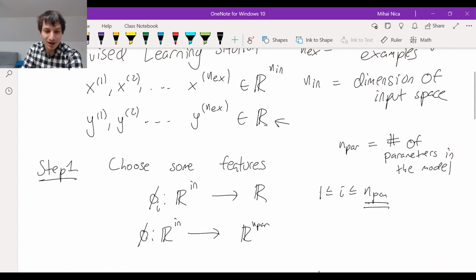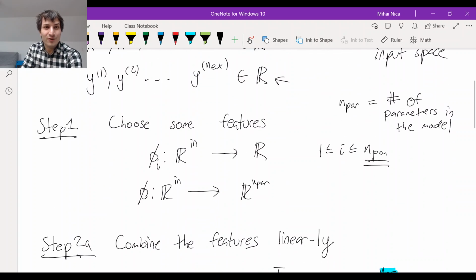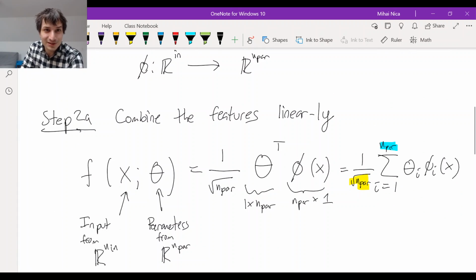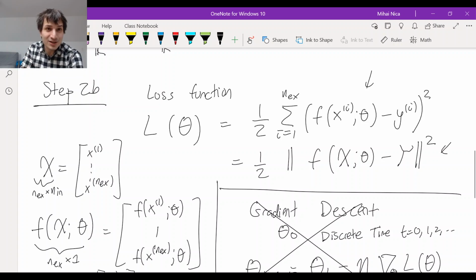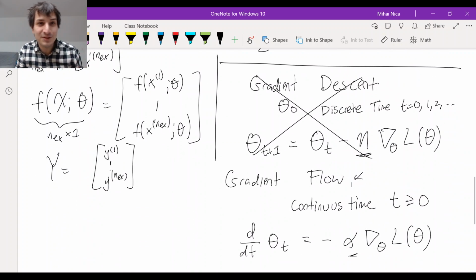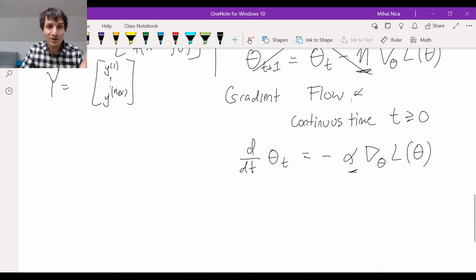We have our training examples. We have our feature maps. We have our model, which is the linear combination of the feature maps. We have our loss function, and we have defined how the parameters update. And by doing this, you can look at how the training is going over time. So over time, we update by this rule, the gradient flow rule, and then we can ask ourselves, after we're